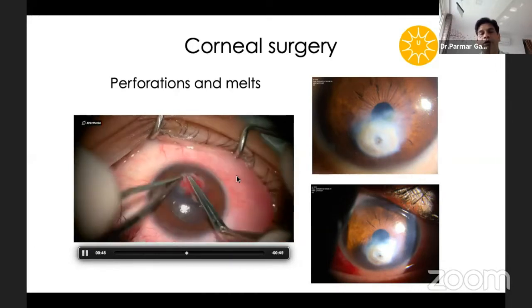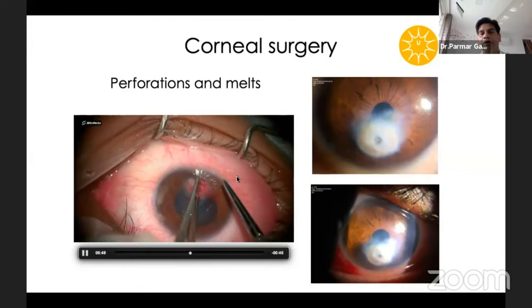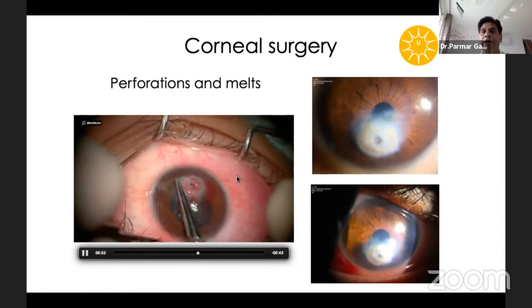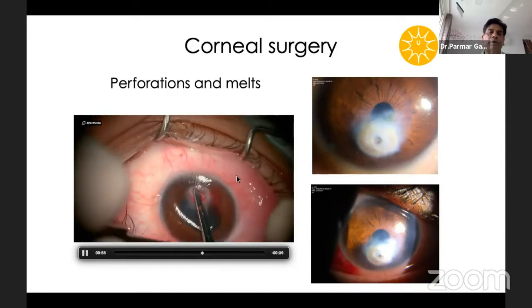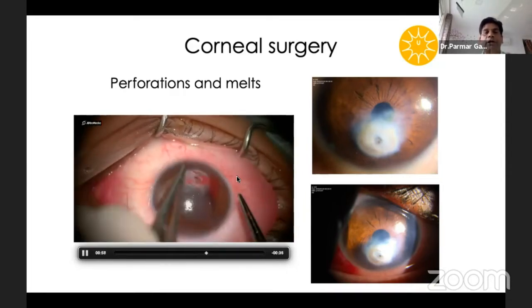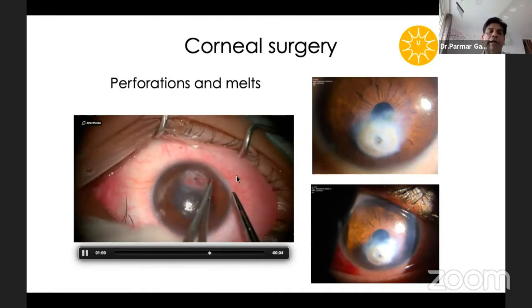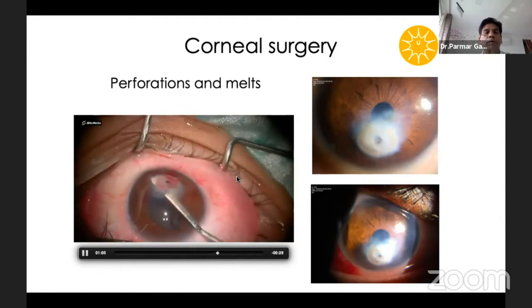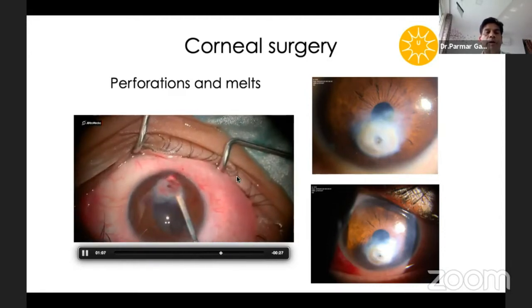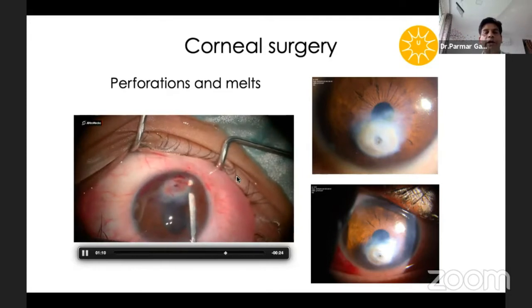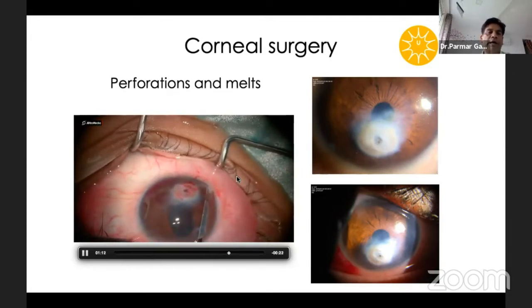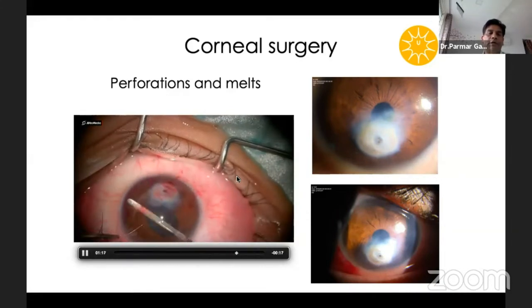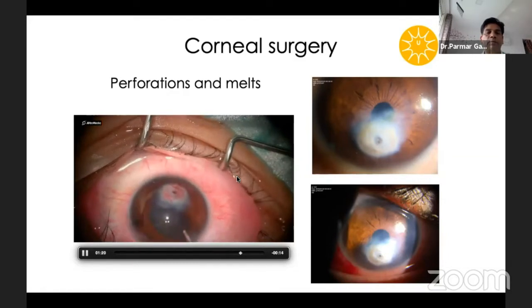So this gave me a sealed perforation. This technique can be tried if you have this kind of clinical picture. You can dissect the wound lamellarly and then seal it again with the glue. So this will give you sealing of the wound. Again, the synechialysis should be performed with very much caution, as I am performing here. Anterior as well as posterior synechialysis should be done, and the anterior chamber should be washed thoroughly.